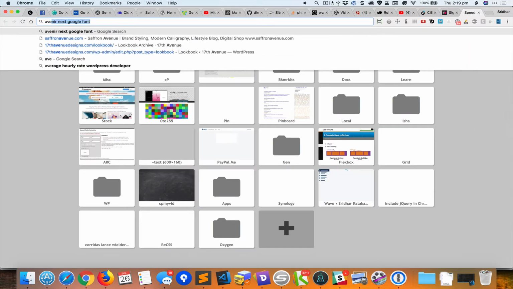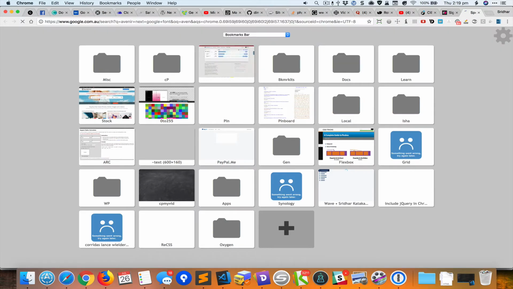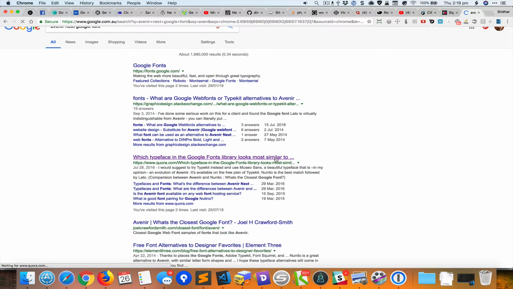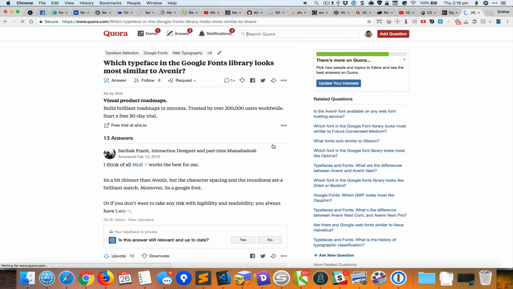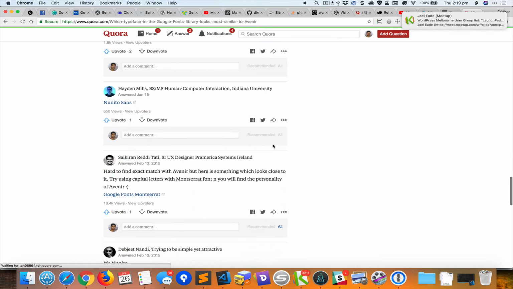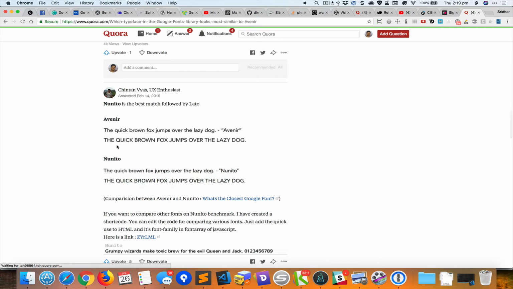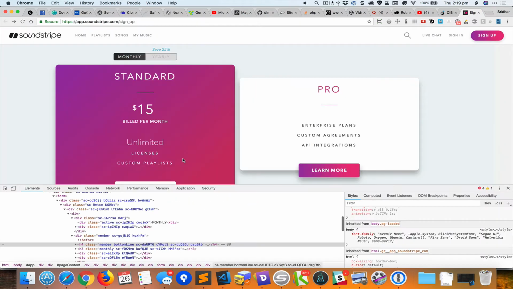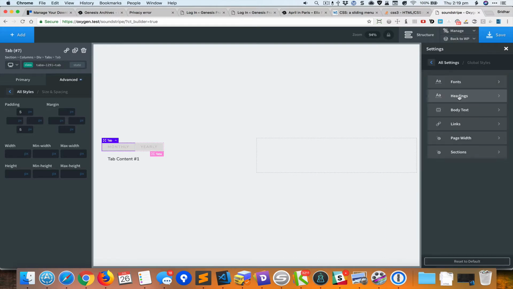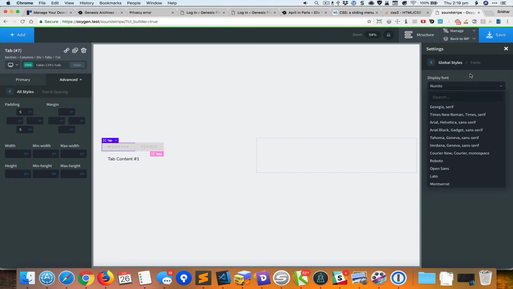I actually did a Google search before. So on this page somebody has listed a few alternatives to that font, and yeah, so you can see Nunito looks pretty close. So I will go to manage and settings, global styles, fonts, and I've already set it to Nunito. Earlier it was something else. Okay,